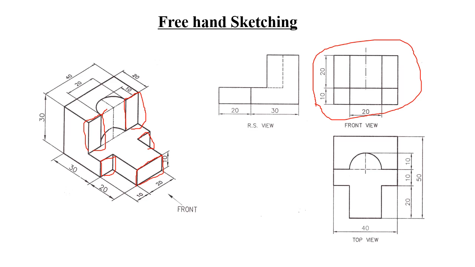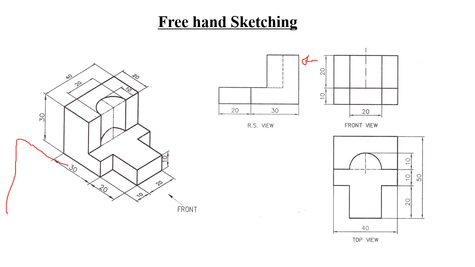Right, now the idea here is to view the object in that particular direction and try to do the drawing in the two-dimensional drawing sheet. Same way you have to get the top view as well as the side view, in this case the right side view. Just to make it clear, the right side view is the view you have to the right of the front view or to the right of the object. That is the view you get in a plane if you draw here. Okay, to get that you have to see from here. So that is how the right side view is drawn.